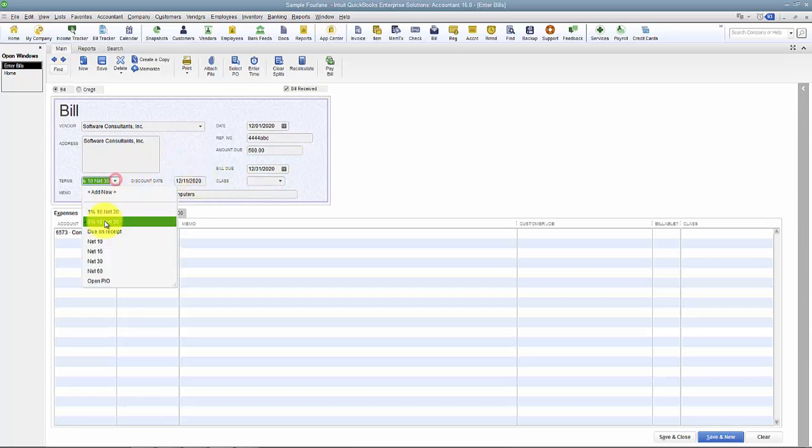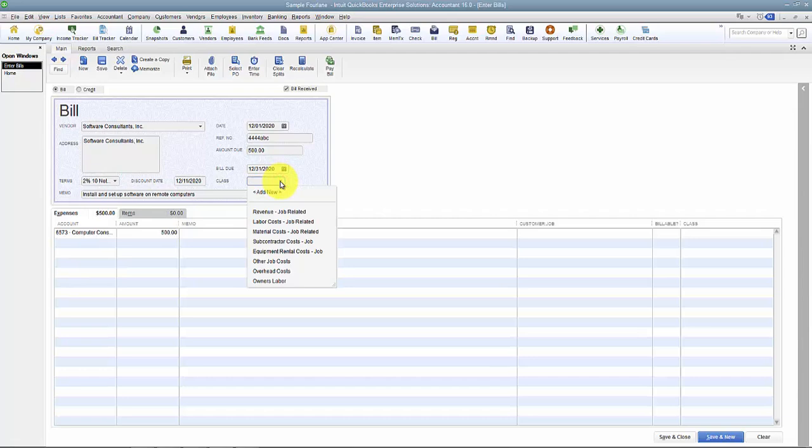It's only driven based on the terms. In the class here, all right, so you can choose a particular class that this falls into. If you set the class up top here, similar to an estimate or an invoice, when you put the class on the top row, it'll default fill in for you if you have multiple lines on the